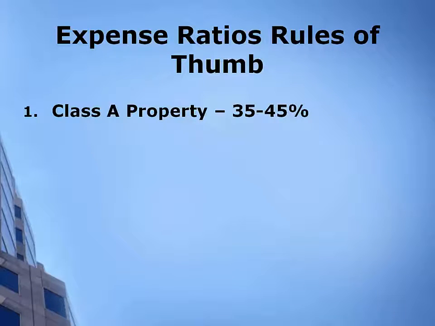I've seen so many brokers try to blow smoke up my skirt because they say, hey, this property's at a 29% expense ratio. You cannot run a property at a 29% expense ratio. And you might be thinking to yourself, oh no, Charlie, yes, you can. No, you can't, because the fair market will not allow you to. Remember, the expense ratio is made up of two numbers, the expenses and the income. If the income is so high that you're able to operate a property at a 29% expense ratio,